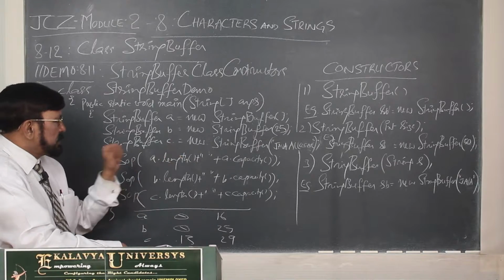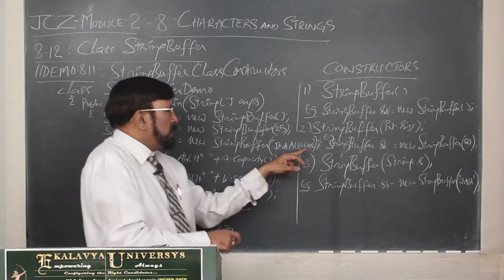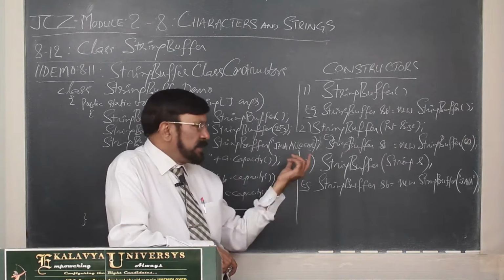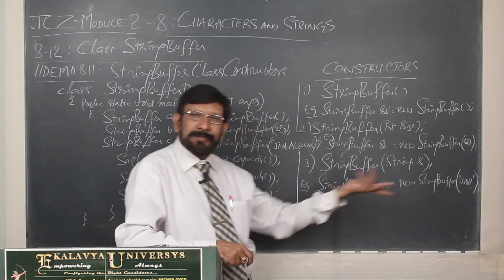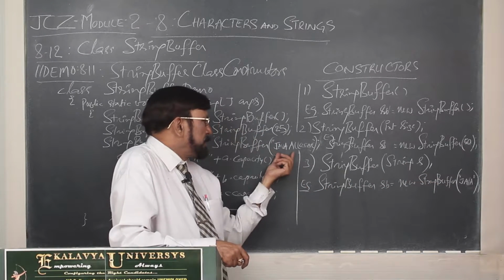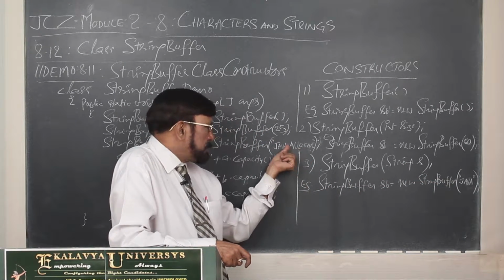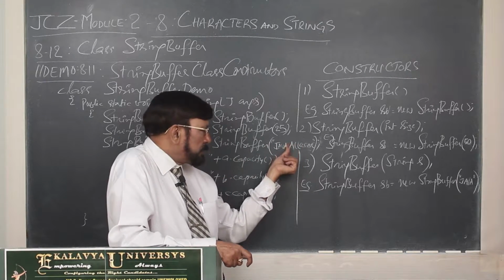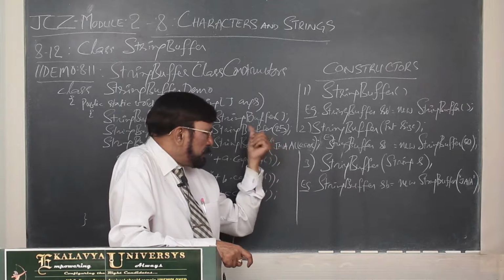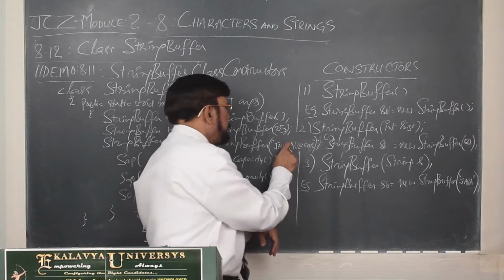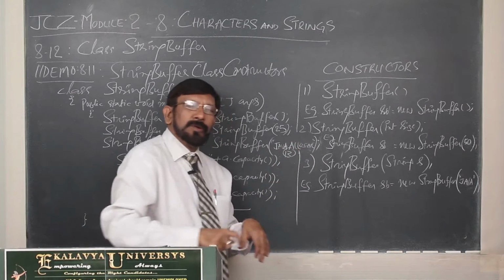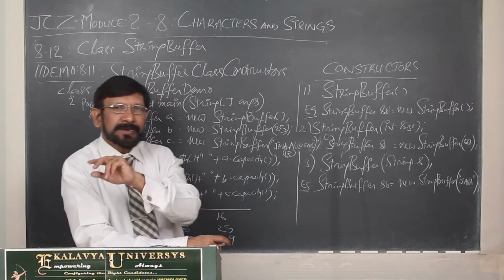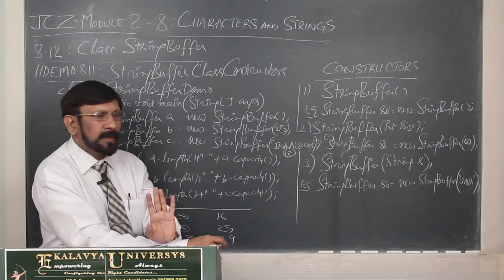And as far as C is concerned, "Java all clear", one string I put. It need not be a single-word string, it may be a multiple-word string also. Then 4 plus 8 plus blank space, 13. Whenever you are counting, you have to take into consideration punctuation marks, blank spaces, everything. So its length is 13. How much capacity is created? 13 plus 16, 29 capacity is created.